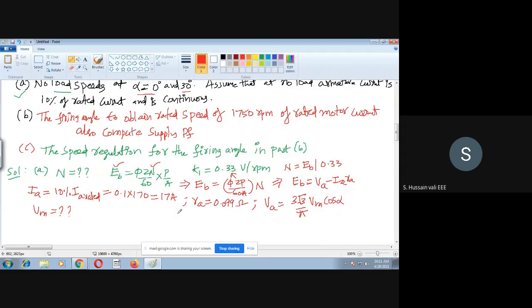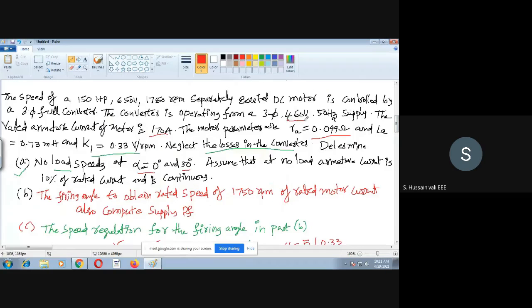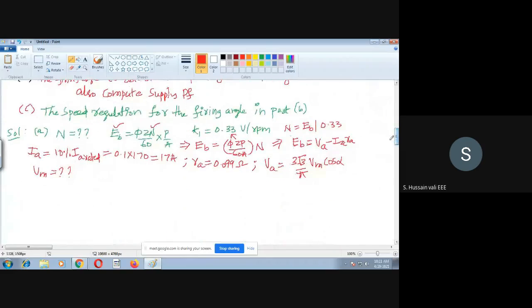In the problem, he has given one voltage: 460 volts. What is this 460 volts? I told you already, in the case of three phase, it is a line voltage, and it is the RMS voltage. Unless they mention otherwise specifically, the voltage given in the question or on any data sheet is the RMS value. You must understand that three phase is generally represented by the line voltage, not the phase voltage. So in the problem, 460 volts is the RMS line voltage.